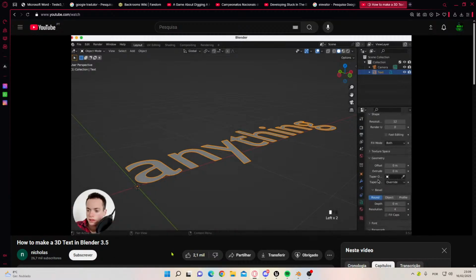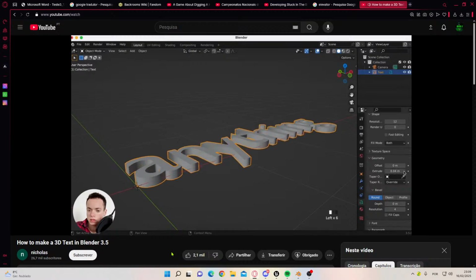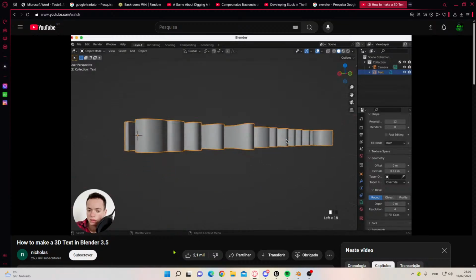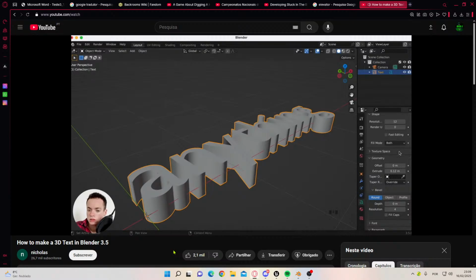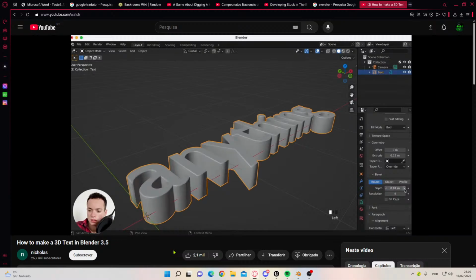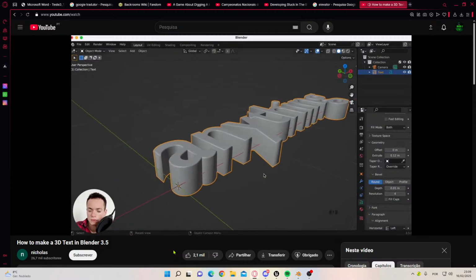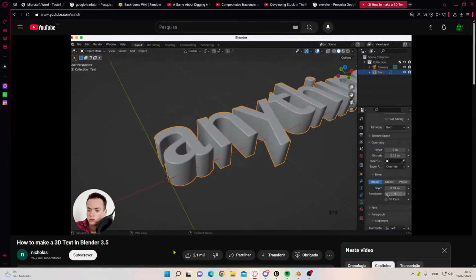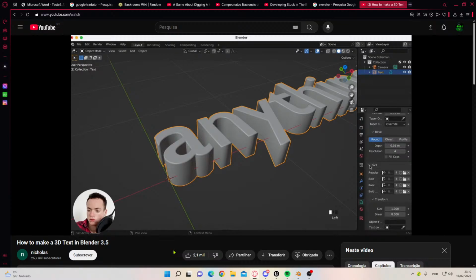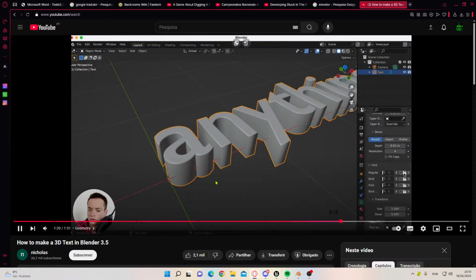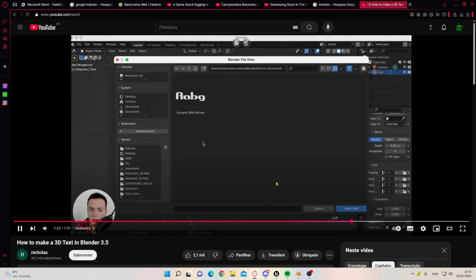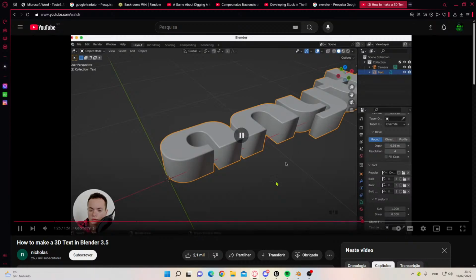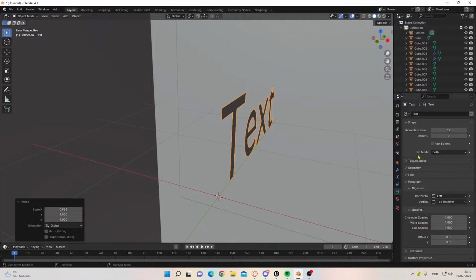We can extrude. You can put more here, and you see now it's in 3D. What you can do too is under bevel, around, depth, put 0.01, so you see it is round here. You can also change the fonts. Under font, open fonts that are on your computer. I'm going to take, for example, this one, open font. Okay, I see. So you just here